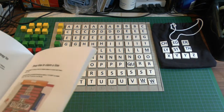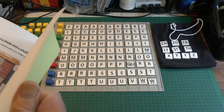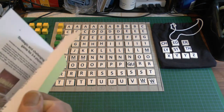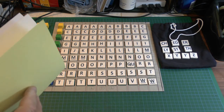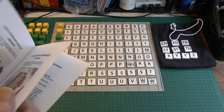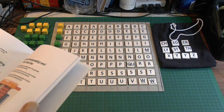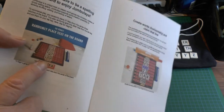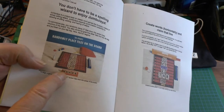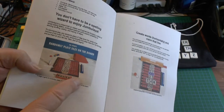I haven't got a picture of it, but they've already got the tiles on there. I don't really want to confuse you with them. Yeah, they have a set pattern and they stick to it, but they don't show you the board on its own. Yeah, there they've got the tiles lined up on that one, and you have 5 tiles. You take 5 tiles each for each player,